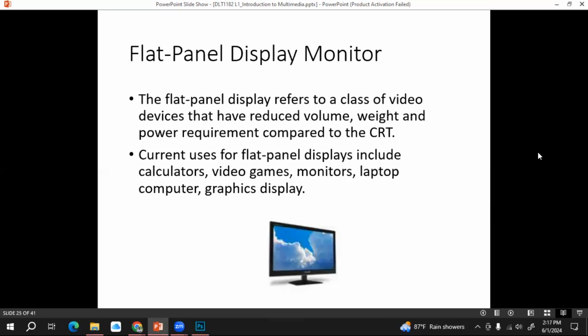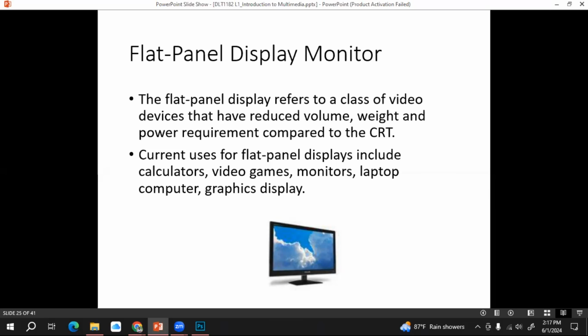Then flat panel display monitors. Earlier, we had CRT monitors, cathode ray tube monitors. They consume lots of space as well as lots of power. But using the developed flat panel displays, which we call LCD displays and LED displays, right, it will reduce the volume, weight, as well as power requirement compared to CRT monitors.